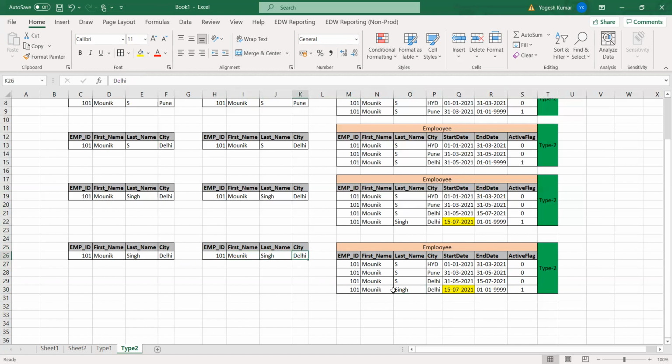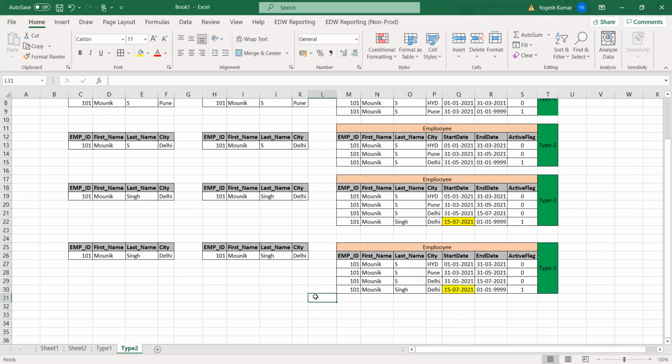What the city is, this is the same. So if there is no change in the record, there would not be any operation on the target table. If there is no change at the source side, then in the target there would not be any change. Got it?